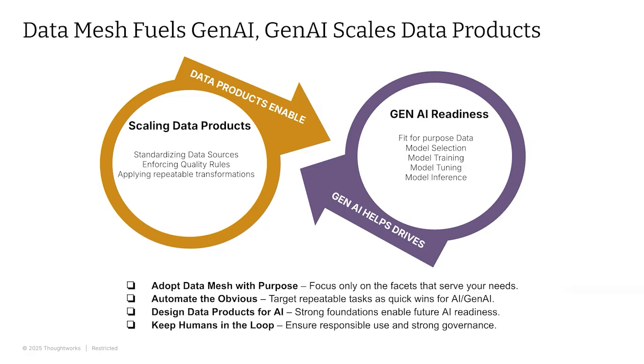What are those? So when you look at mesh as your way forward, don't take it as an atomic concept. Pick the facet of mesh that is closest to your needs. When you're looking at data products, automate the obvious, which means in your entire life cycle, you might have multiple tasks. The repeatable pieces are your lowest hanging fruits for GenAI automation. Because you are thinking data products, think outcomes, users from day one. For it is only these data products that will scale to give you AI readiness.